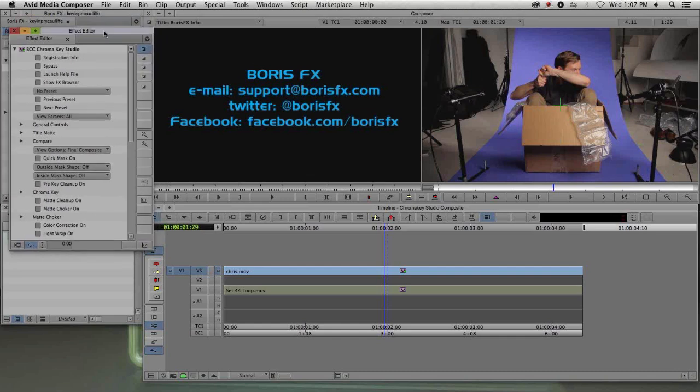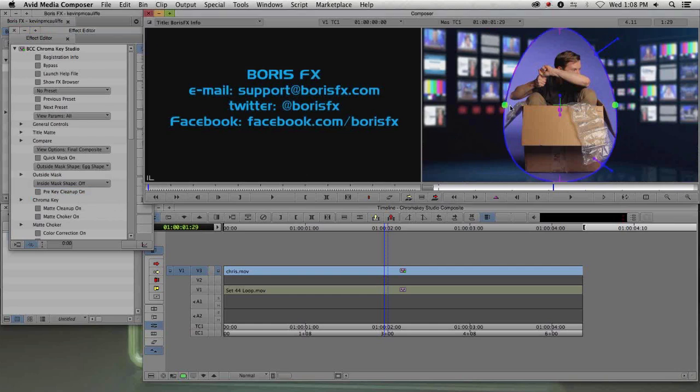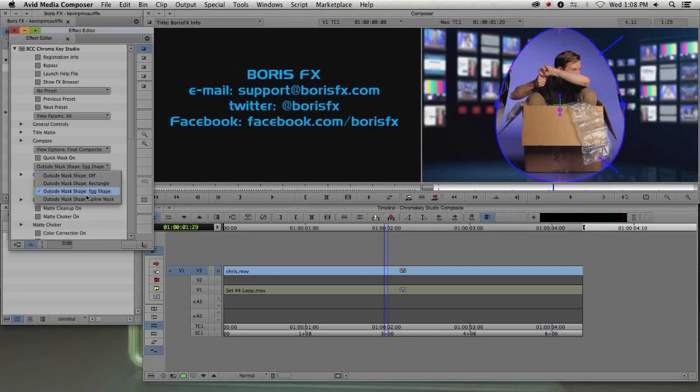In this case, what I need to do is get in and do some cropping. So I'm going to navigate over here to the effects editor, and we're going to set the outside mask shape, which is currently set to off. You'll see that I can change it to a rectangle. I can come down here and make it an egg shape, which is actually very cool. You can adjust the size of the egg however you want, but that's not what we want. We want to go one step further and use a spline